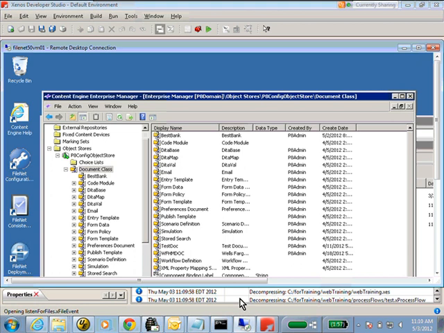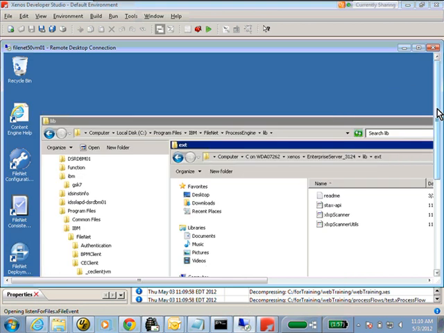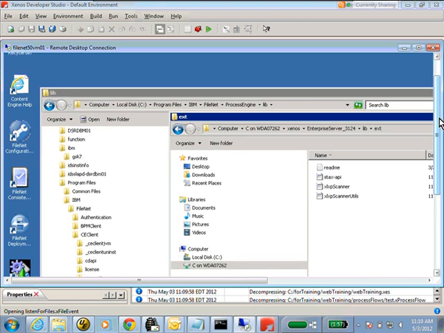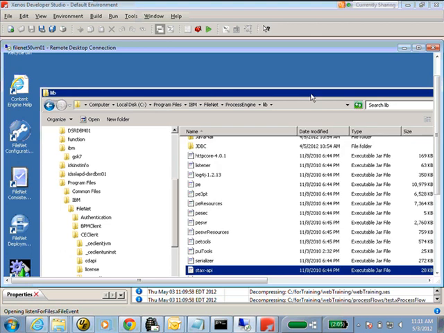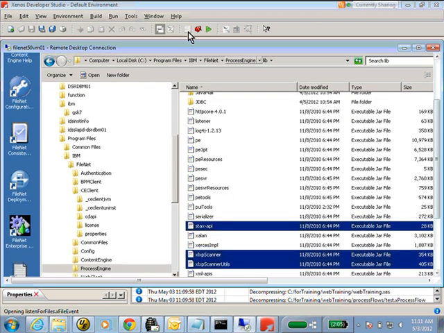The first thing you want to do is set up the Enterprise Server environment so that it will be able to load FileNet P8, with the appropriate drivers to connect to the FileNet P8 web services. To do that, we need to go onto the FileNet server and copy over a number of jars. These jars are located under the FileNet installation directory /process engine/lib.